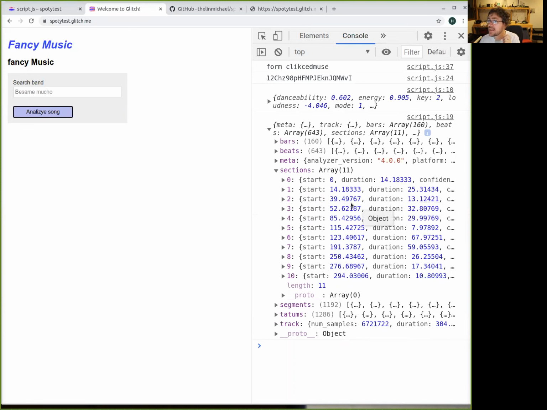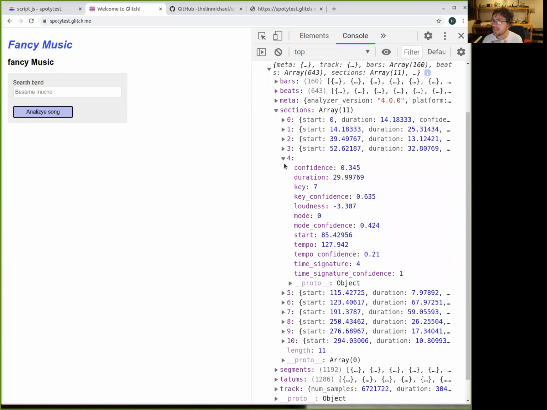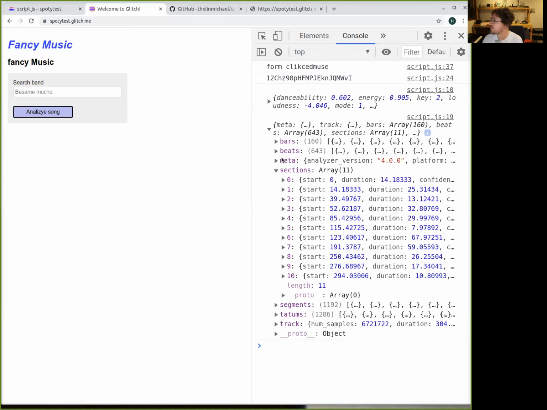And then in second 39, maybe the voices start. And then maybe the chorus start in second 52, because there is a change in chords. The chord, then the sections, and then these are all the different sections that we have, okay?